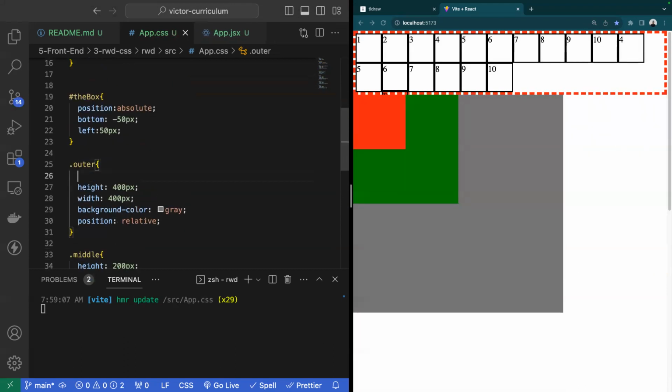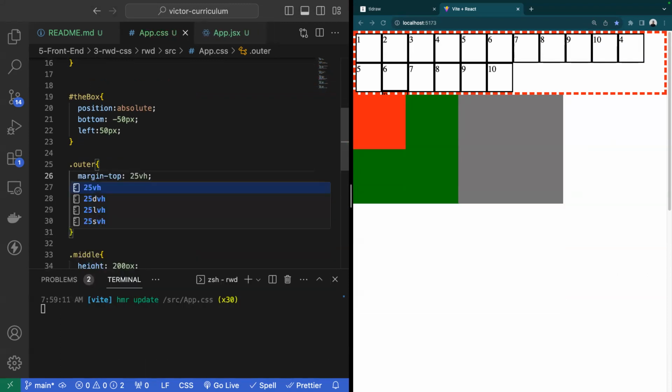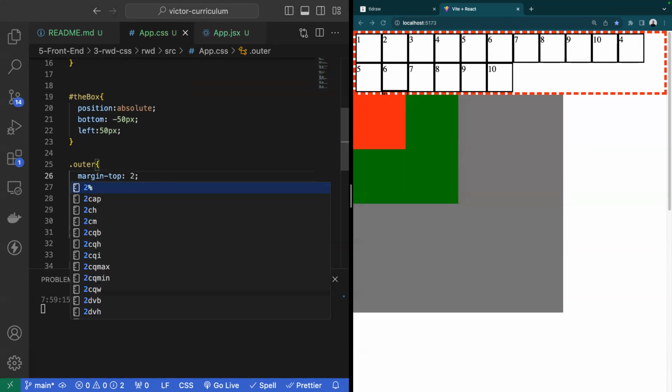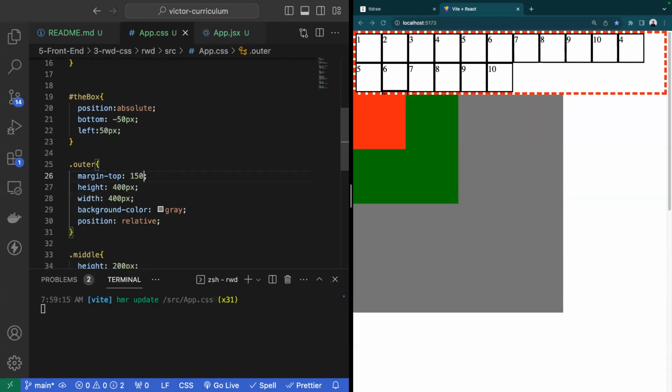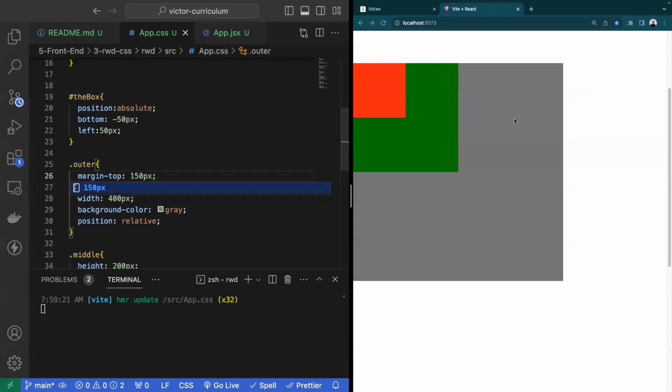Where's our outer? There it is. Okay, so there's all of our content now separated. We can see each one of them, right? And we have this position relative at the parent division, and we can see each one of our boxes,